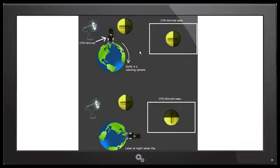But as the Earth rotates on its axis and the moon crosses the sky, when CatFishGlass gets down to this point, as the Earth has rotated 90 degrees, then this is what he sees. Now, it seems a little bit confusing because we actually have to tilt our head to understand what CatFishGlass is seeing in this box. But if you look at his view here, you see that he's actually looking this way now. If you imagine that his feet are on the ground this way, and he's looking at the moon this way, then if we stood him up upright and looked at what he is seeing, then this is what he would see. The moon would look like this, whereas before it looked like this. Now there's only one problem with this diagram, and it's a simple mistake, and that is